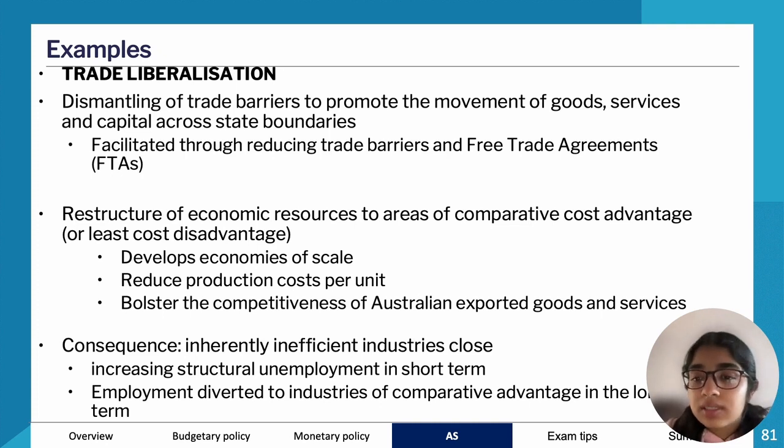So they're forced to either be super productive, change the way that they produce and make sure that they can lower their prices, or they're going to go out of business. So trade liberalization can have positive effects if industries are able to cope with it and really reform their way of production. But if they're not able to, that can have negative effects because you're going to have Australian industries that start to shut down. They're not able to cope.